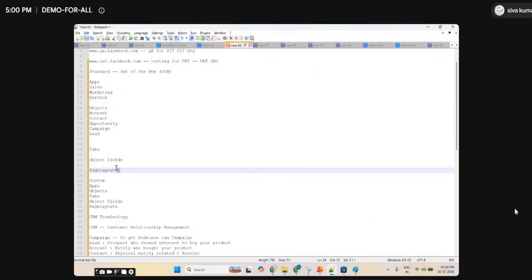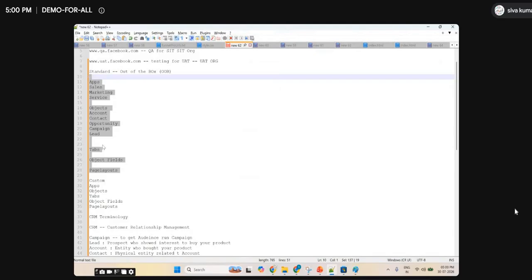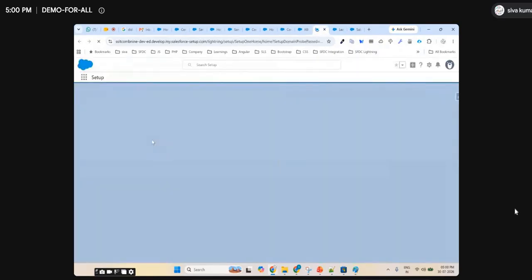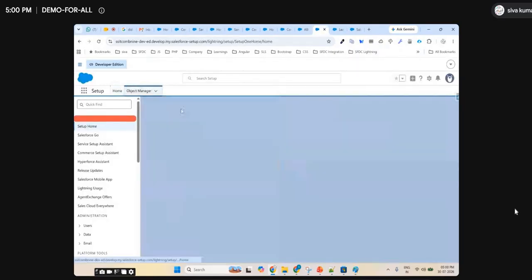These are all coming out of the box. Whatever you create are all our custom apps. Okay, if you see here in the object manager, it is like old org, like batch 9 org, right? So if I go to setup and open any standard object like account,